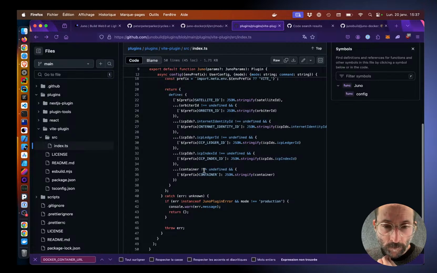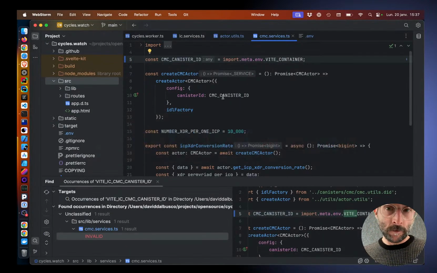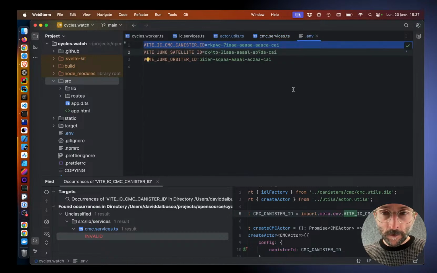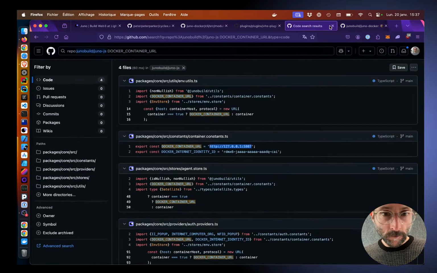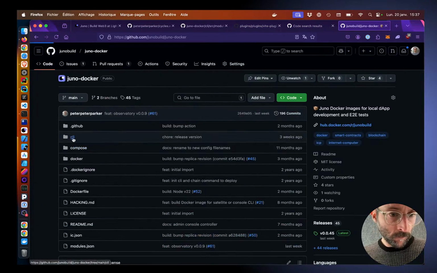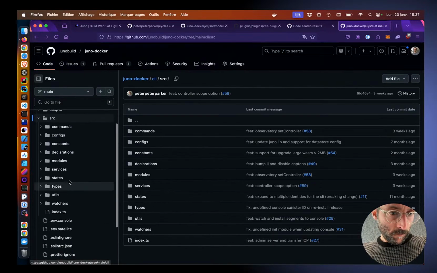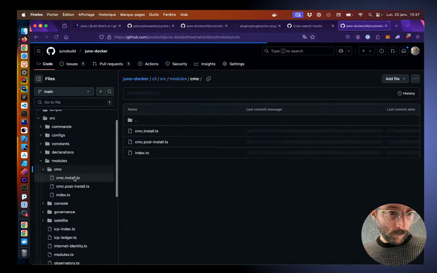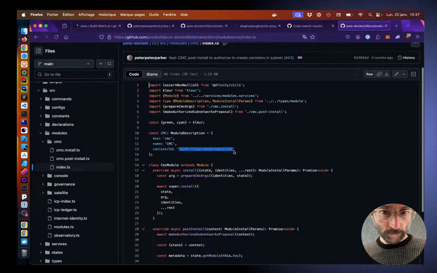Yeah, I need to add that to the, you see, we don't have the CMC as a value yet in the plugin, so I'm gonna do that after the call. So meanwhile here I'm gonna re-inject it, and I'm just gonna double check the canister ID that we use. Okay,